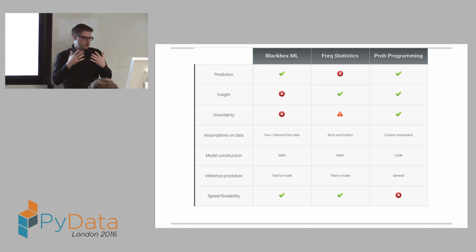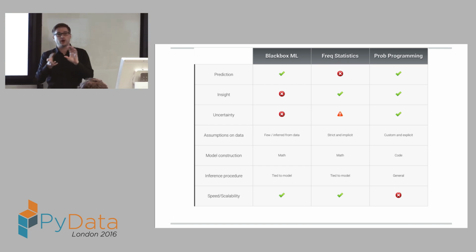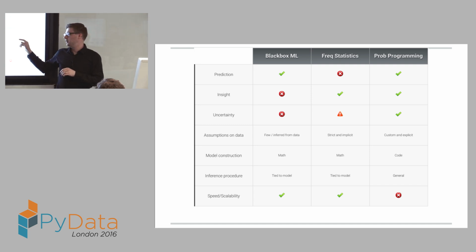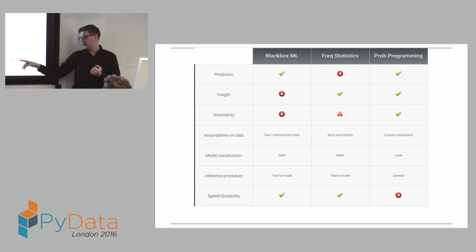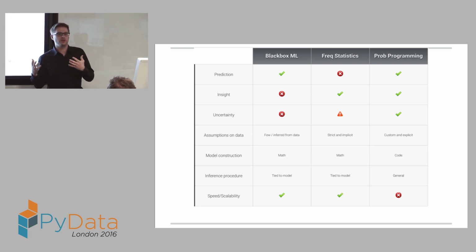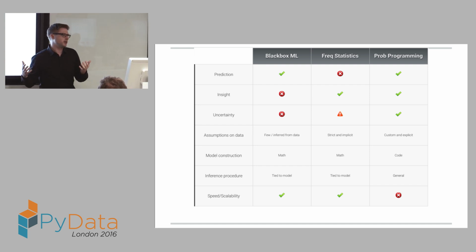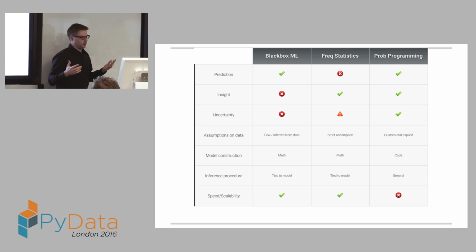Or, like, I would do that differently, and then you can change around it and play it. So that is, for me, a key point. And the model construction happens in code, right? It's just Python code. And we have these very general inference algorithms. And hopefully with this new style of inference algorithm, ADVI, we can also solve the speed and scalability issues that basically have been one of the downsides here.